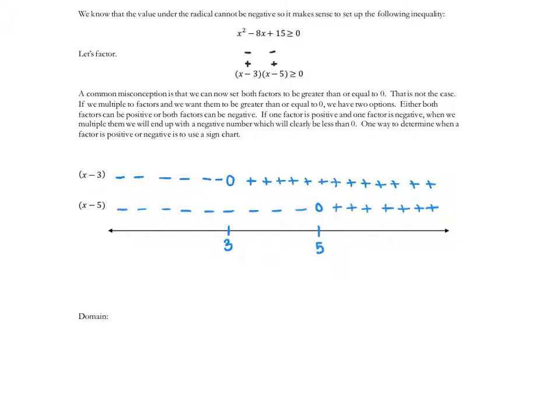If I input a number less than 3, it's negative; input a number larger than 3, it's positive. And with x minus 5, if I put in 5, I get a 0 out, but if I put in a number less than 5, I will get a negative number, and greater than 5, I will get a positive number. Okay, now what this tells us is that if I break this up here, right, in the first section, I